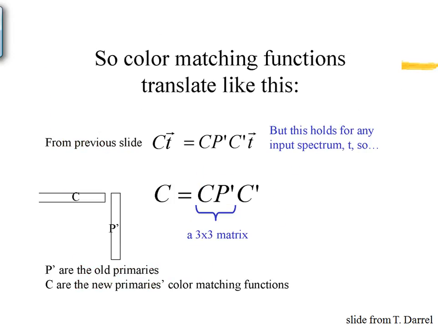So what we really need is not, we don't really care what T is, because that's actually some full spectral set of all colors. They are the same on either side, you can actually get rid of them. And what you end up with is essentially the Cp prime, which is nothing but a 3 by 3 matrix comprised of